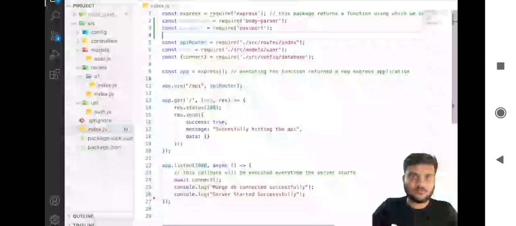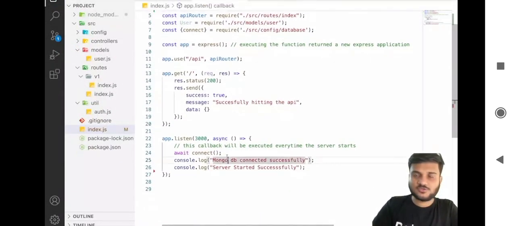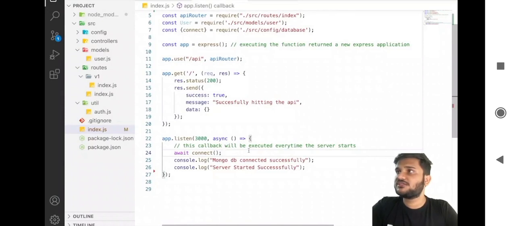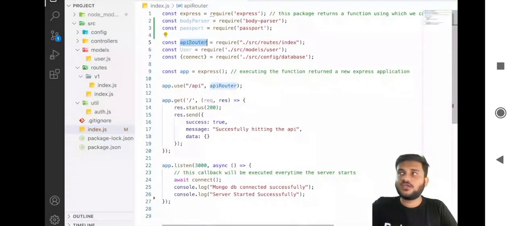Now what we can do is, we have our MongoDB setup also ready, right? Mongo's connection is everything ready. Now we need to get the routes. Okay, routes are also here. We have the API router, so the API router is there. And now what we can say is